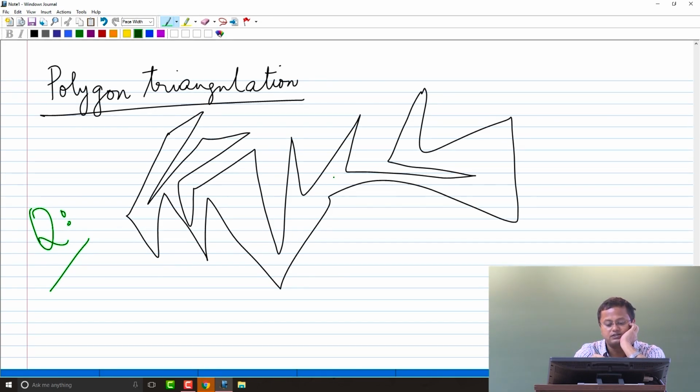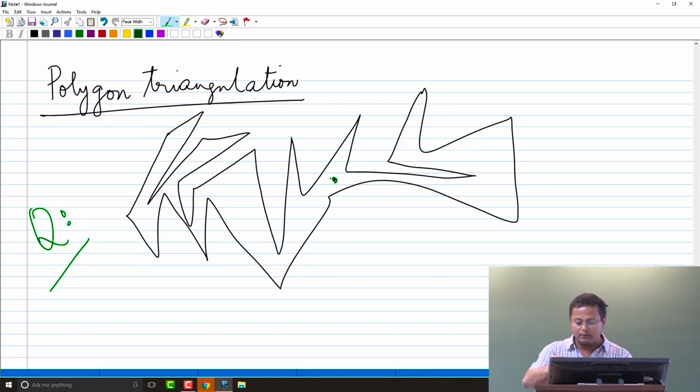I want to place some cameras or guards who can see, give them as much power as you like, they can look around 360 degrees and as far as they like, right? Give them arbitrary power, and the question is, what is the minimum number of cameras that you need to see this entire polygon,